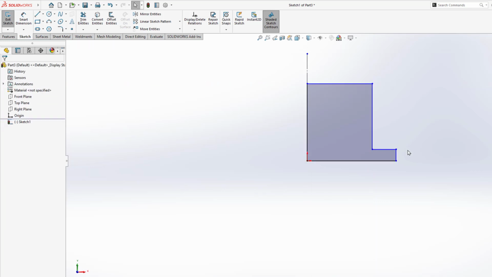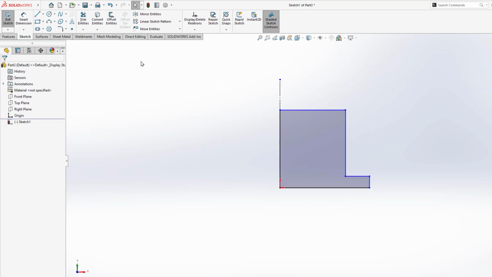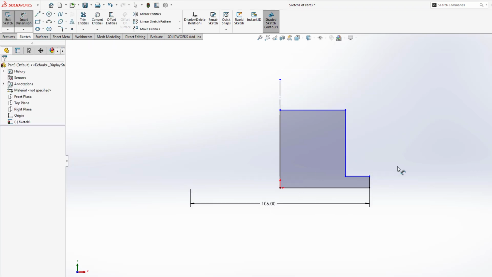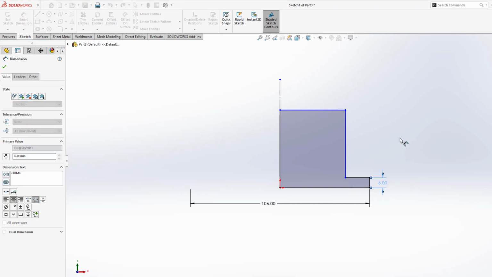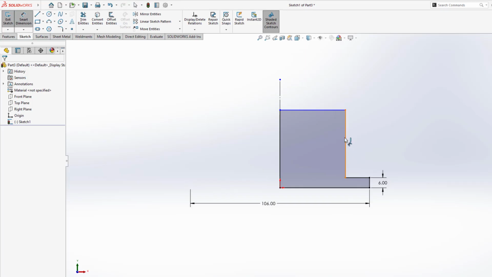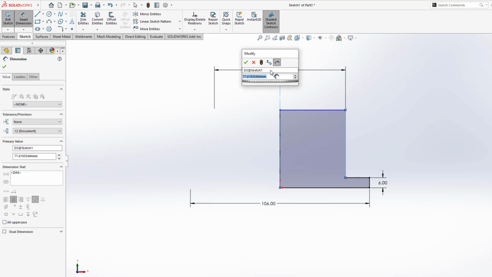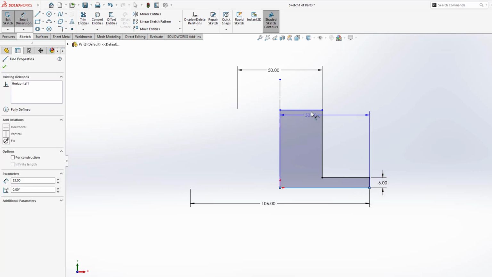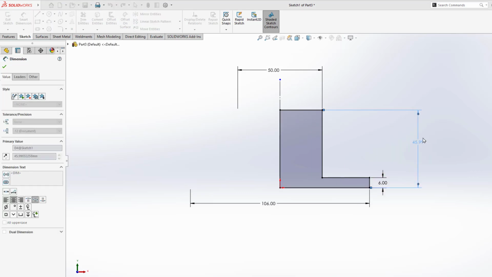Now with the help of a smart dimension, place a 106 major dia. Along with that, we know the height, which is 6 mm. After that, we can here see a 50 mm dia. Now we will place a dia of 50 mm here. The overall height is given here, which is 63. Now just place it here